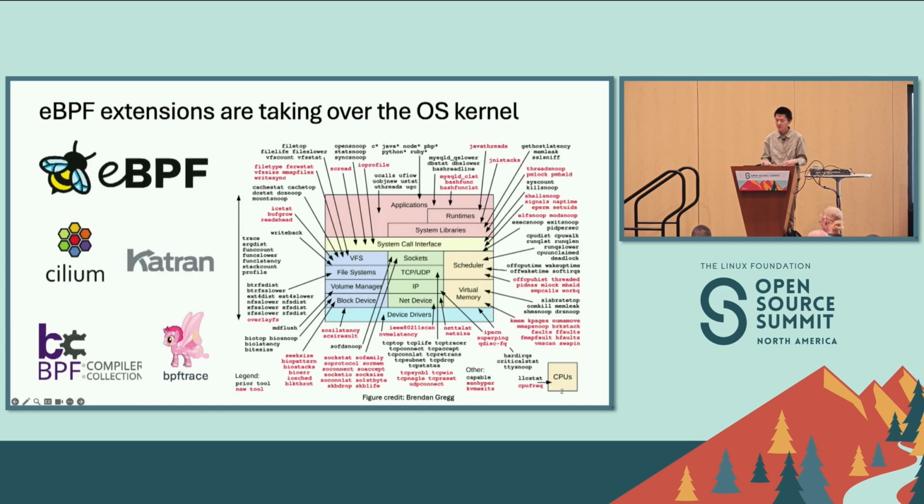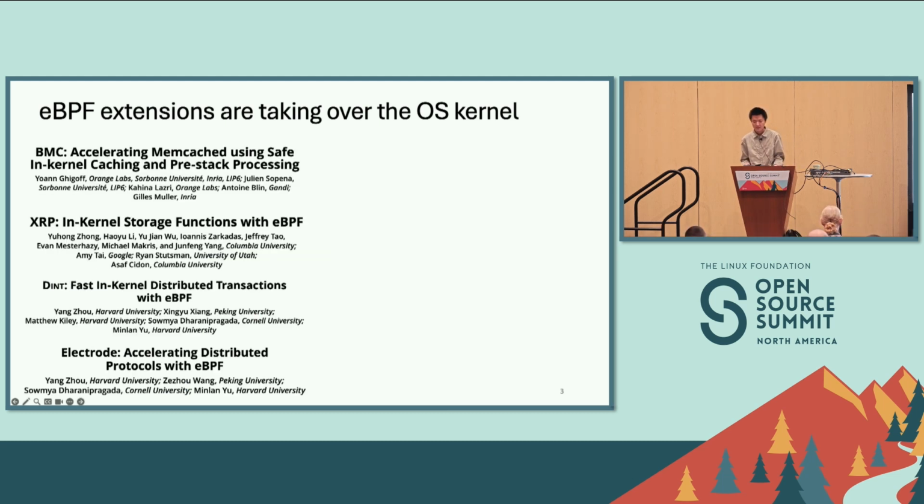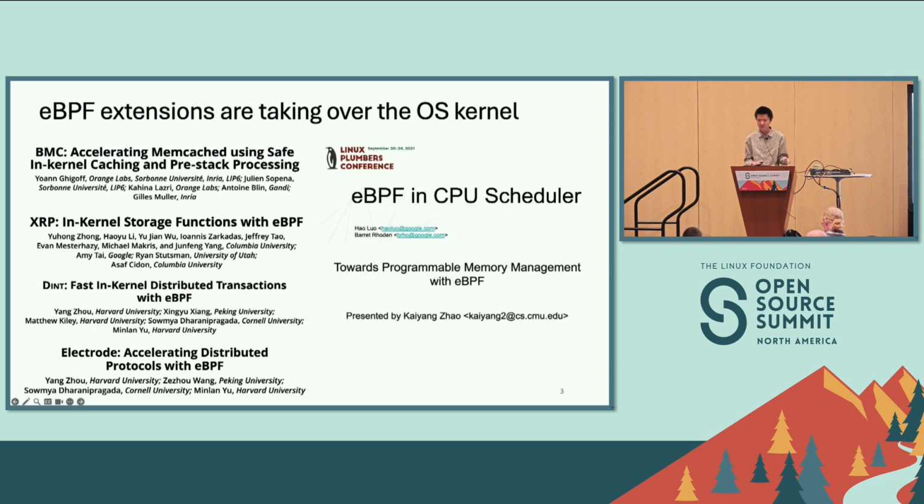All right. So in recent years, BPF as a form of safe kernel extensions has become particularly popular and seen a lot of use cases. This ranges from networking use cases such as Cilium and Katran, to the tracing use cases represented by BCC and bpftrace. And people are also exploring new use cases of eBPF. So there have been research works applying BPF to storage and distributed protocols, as well as custom CPU scheduling and